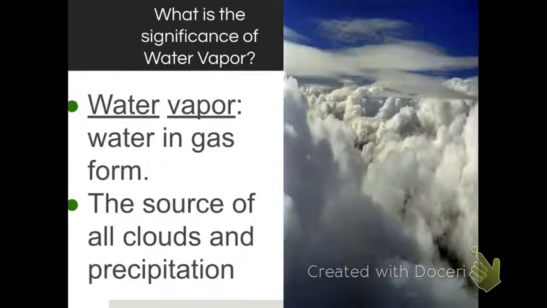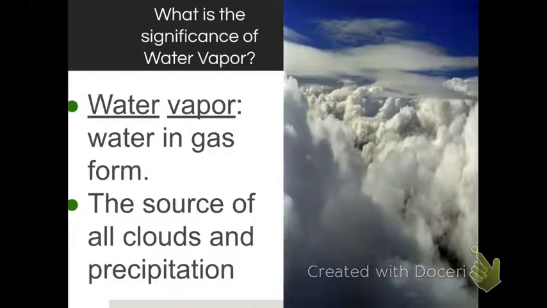So this is why it's important. If we did not have water vapor, we could not have the water cycle. And with no water cycle, you would get no clouds and you would get no precipitation. So then think about if we use up all the water, or if our water just sunk deep into the ground, we would run out of water because it wouldn't ever come back and be replenished. Also, all the plants would not get watered. So the fact that we have water vapor, precipitation, cloud coverage, all of those things, they're very, very important to